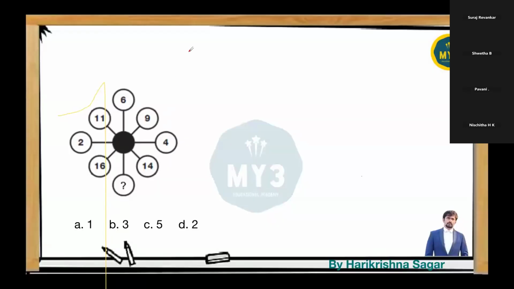This is question number 1. What is the answer? They are asking you to find the question mark value, right? You can look at a simple pattern here.